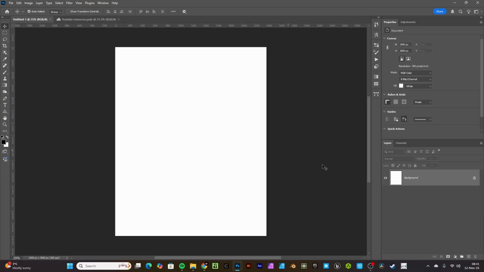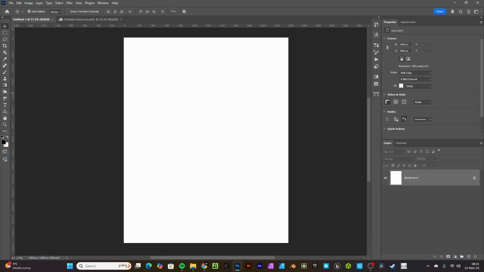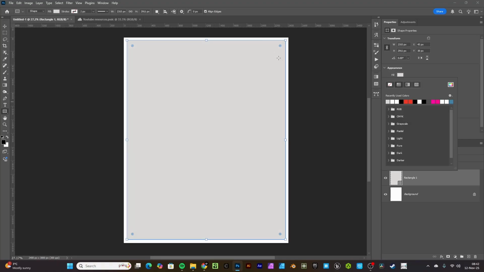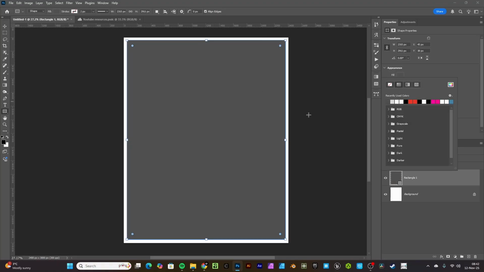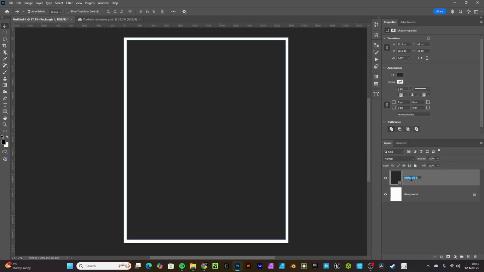So I go back to my empty Canva and try to organize the poster how I want it to be. I choose the rectangle shape and start creating. Around here, I want to have some sort of background, so let's change that to a kind of dark color, maybe a little darker, like that is fine. It's going to be background